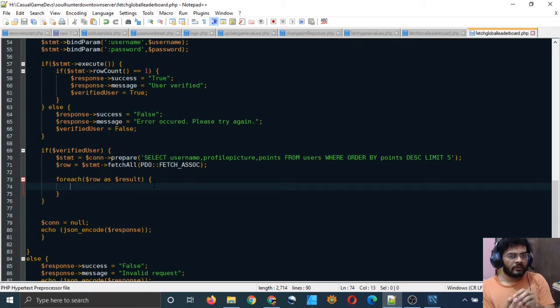The $row variable has several items. I will loop through every item and call each item $result. And now I can take my $result variable, and that $result variable will be a reference to that item. Similarly, the loop will move forward, and I will be able to reference all the items inside my $row array, which is a multi-dimensional array.